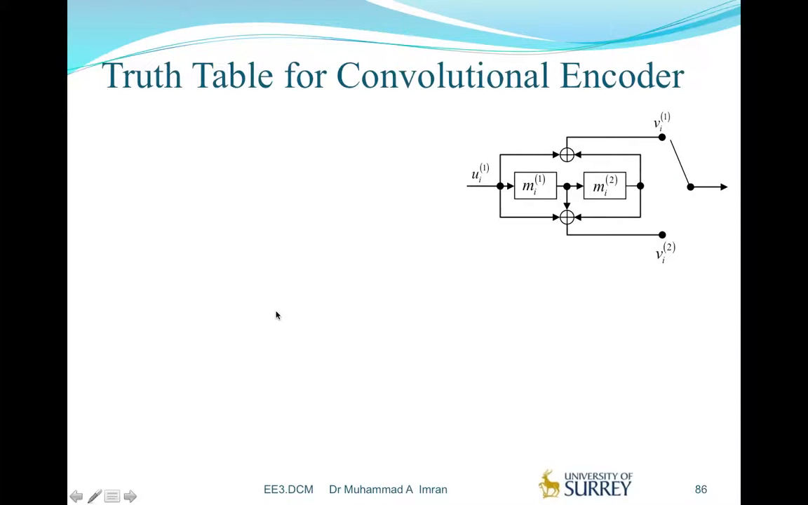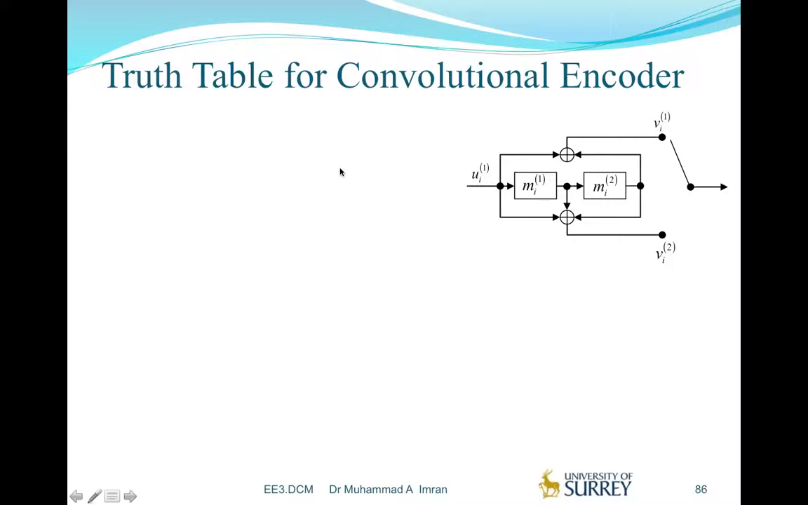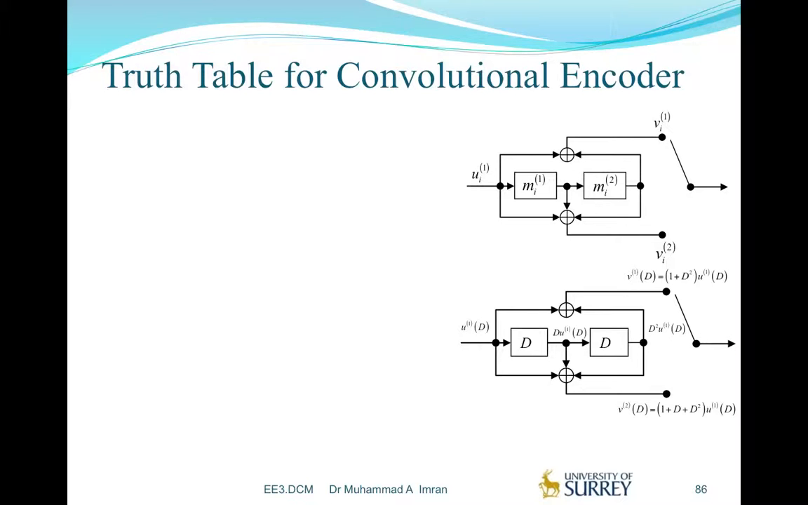So in this short video, we try to look at the truth table for the coded convolutional encoder, and we try to see how we can obtain the truth table. First of all, what is a truth table? You can be given a circuit with some memory, and you should be able to find how Vi1 and Vi2,